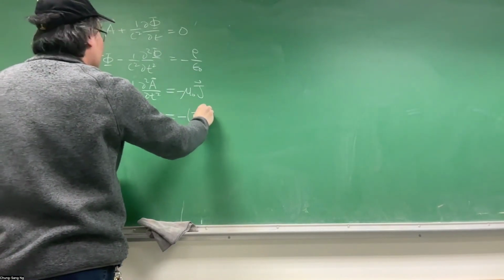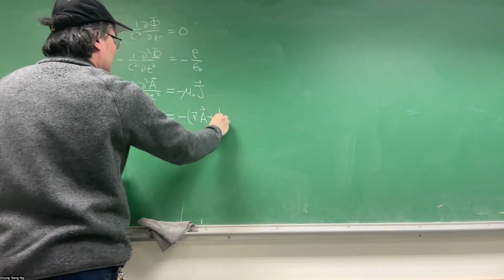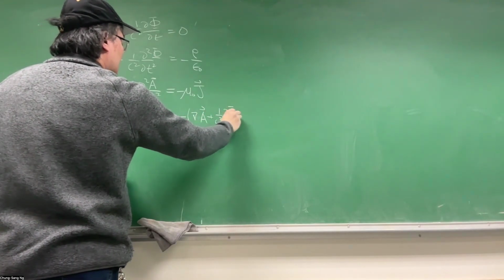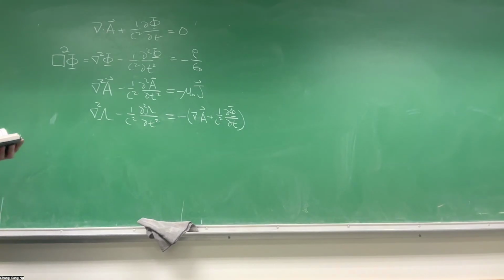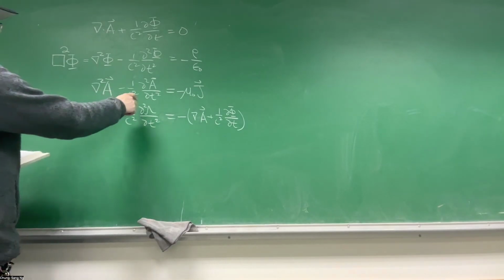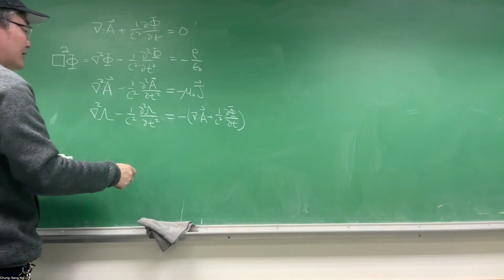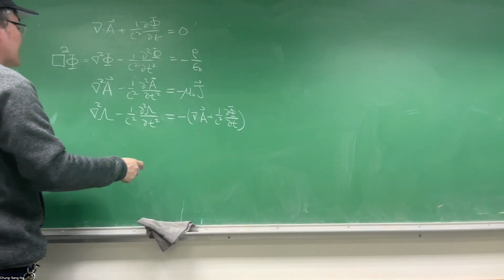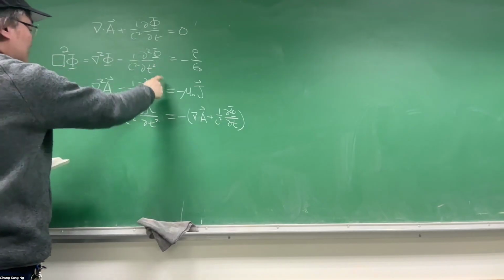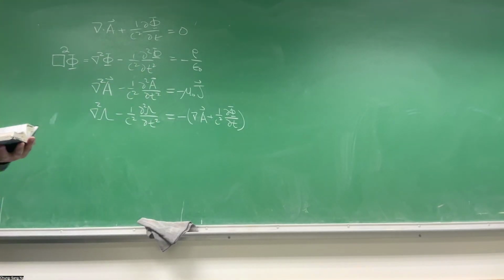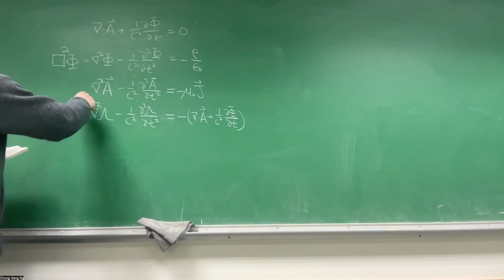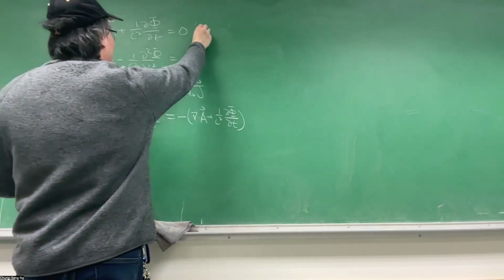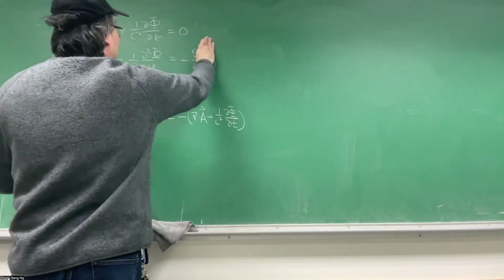If this is non-zero, you can solve for a gauge lambda, and then do a transformation from A, phi to A prime, phi prime. In that case this will be satisfied, and then you have to do this too. This is an argument to show that the solution exists. But if you can find a solution that satisfies these two equations,